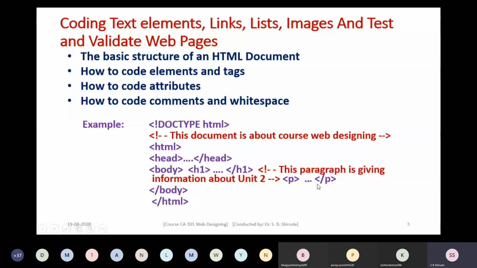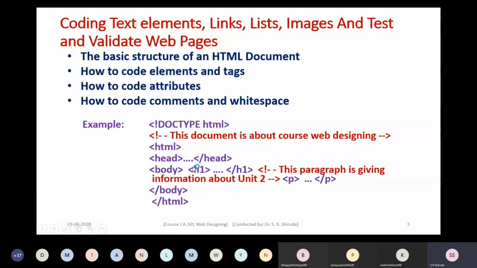Comments are normally also given in your programs. Why do we make use of comments? To specify what purpose particular lines of code serve, or to give information about the author or the address, which you can put at the start in a comment. Likewise, you can code comments in an HTML web document. White spaces, in the form of tabs, carriage returns, or spaces, you can give, and that white space will be ignored by the browser.